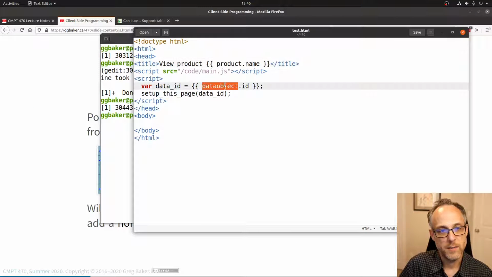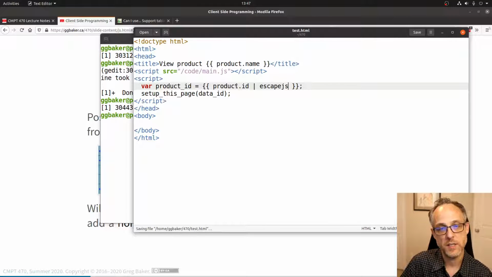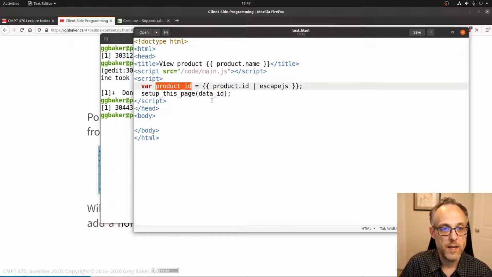Where again, maybe it's something like that. I have some fact that I know is specific to this page that is going to change every time I load. And I know this is an integer. Maybe I should be doing something like that to make sure I don't end up with some kind of code injection if this field isn't what I expect. But something here, and then